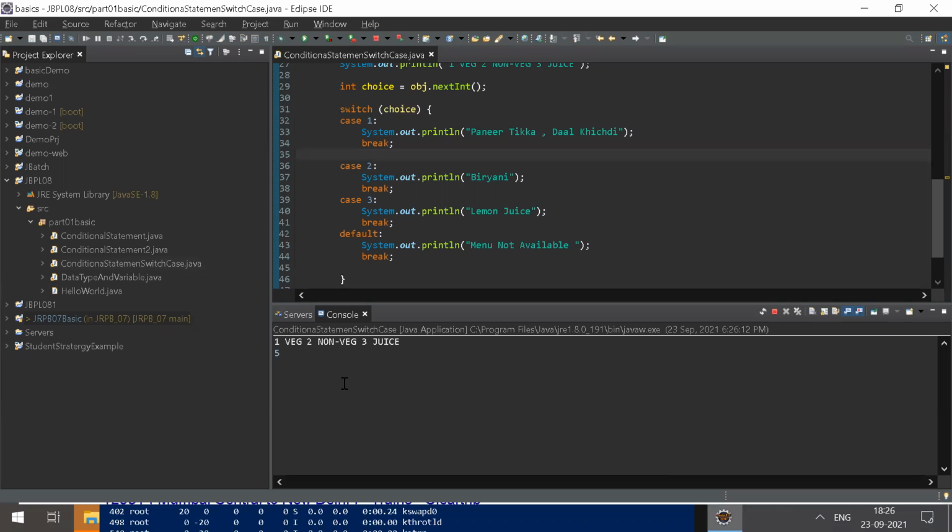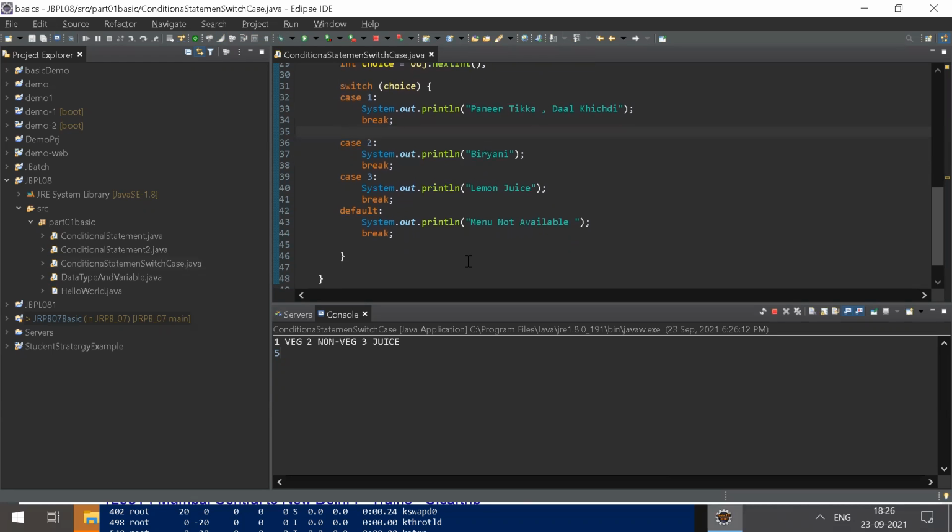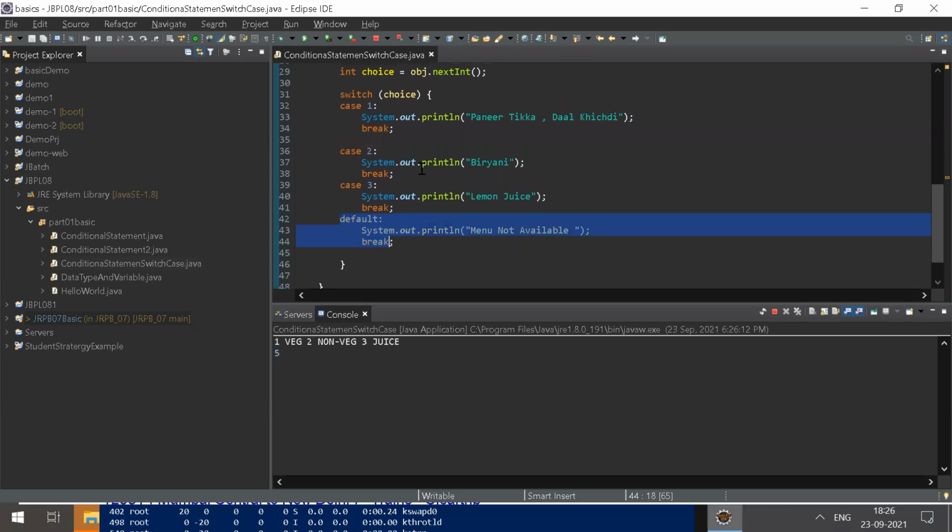Do we have option 5 in our switch case? No. So what's supposed to print here then? It should go to the default one. If no case is available, then it should go to the default. Menu not available. That's the purpose for which we use default.